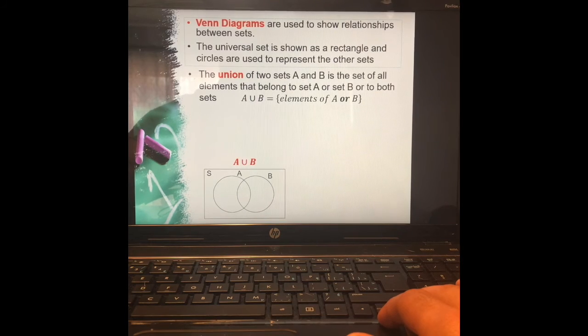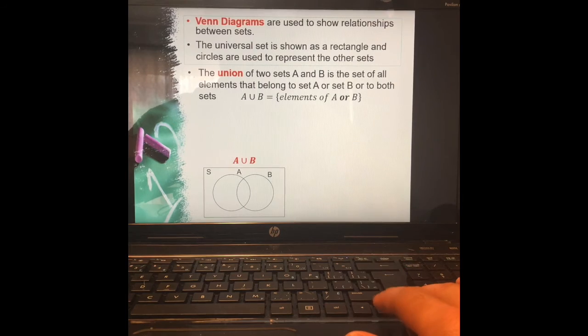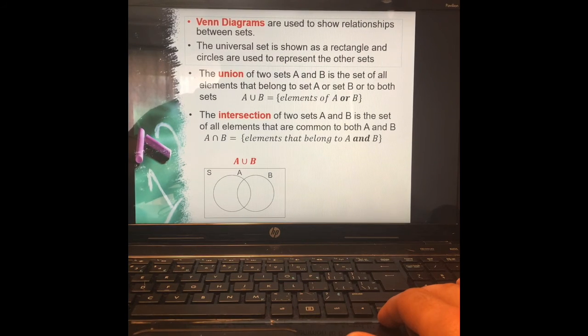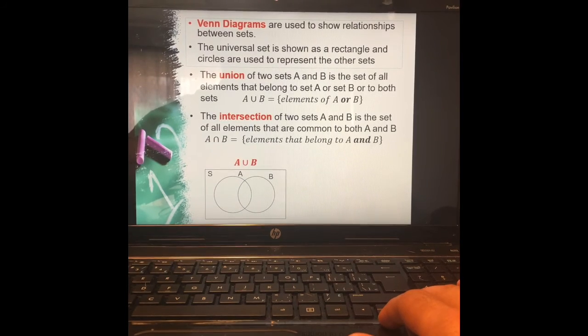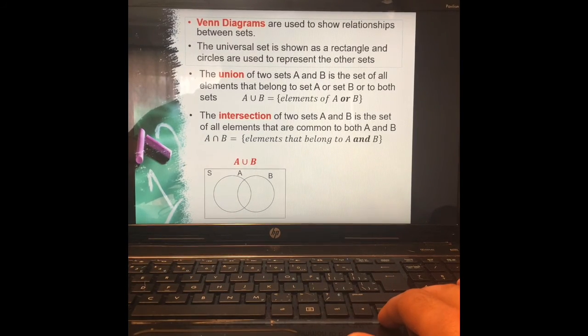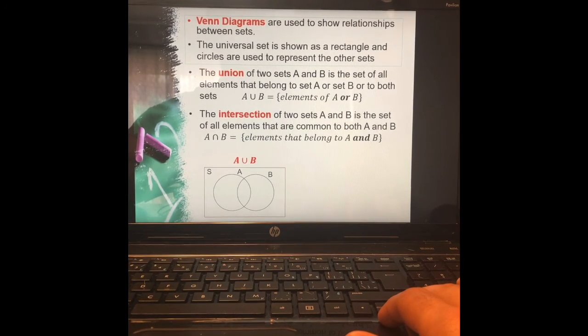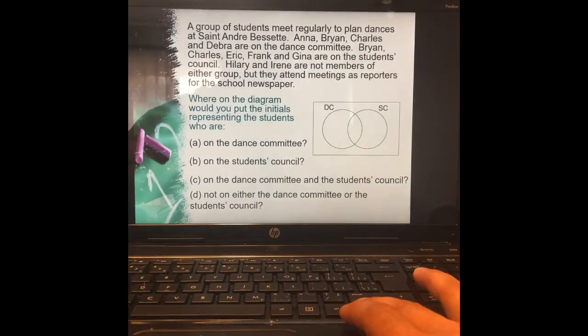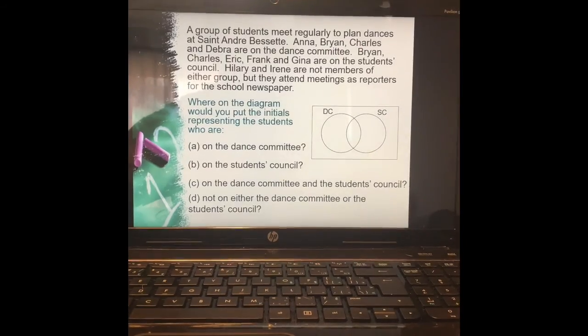Anything within the circle of A, anything within the circle of B, and anything within the overlap is A or B, the union. The intersection is A and B. It's only the overlap part. So intersection is just the overlap, whereas union is anything in either. So let's just go back, look at the union and the